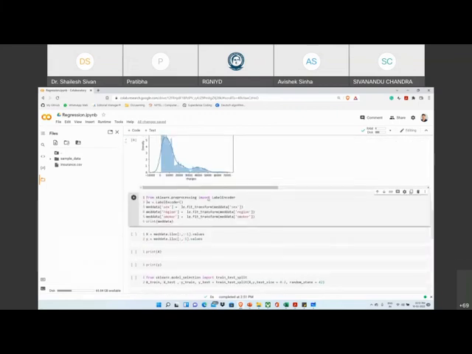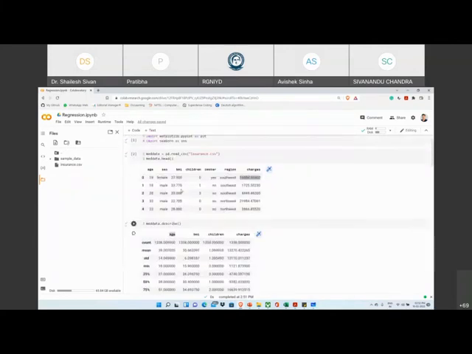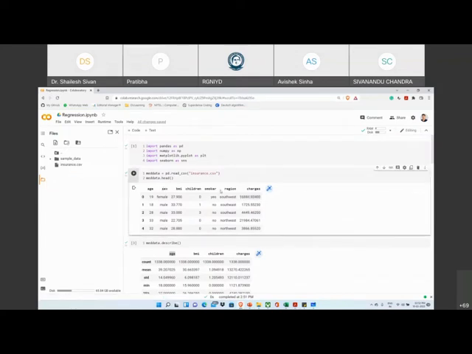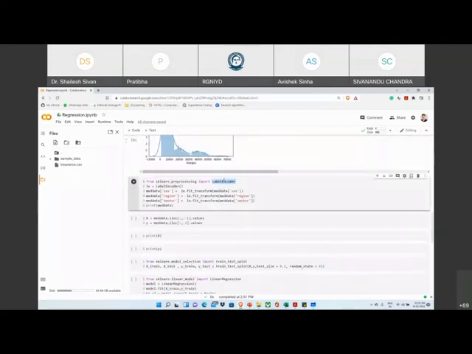Now what we are going to do is build a regression model. For that, first we have to convert the non-numeric fields, that is sex, region, and smoker, to numerical values. For that, we have to use a package called label encoder. We are importing LabelEncoder from sklearn.preprocessing. Then we are creating an object. Then the metadata of sex is transformed to numerical values here, and the metadata of region,